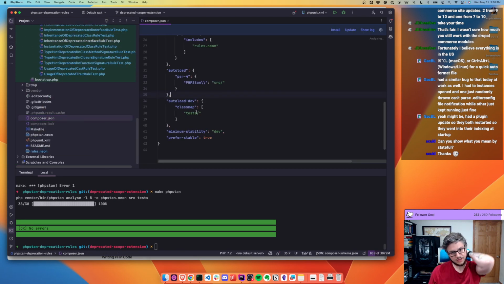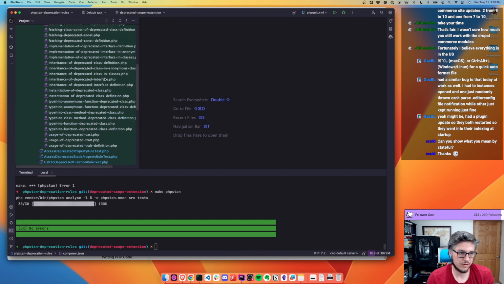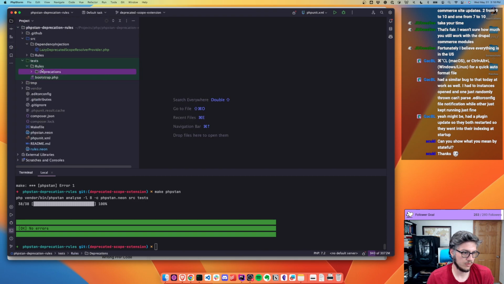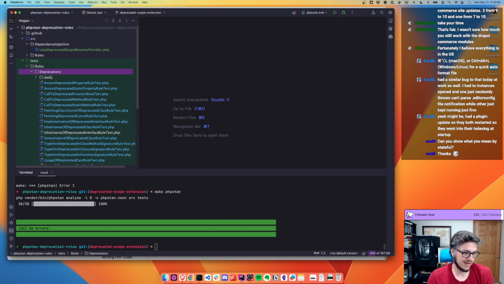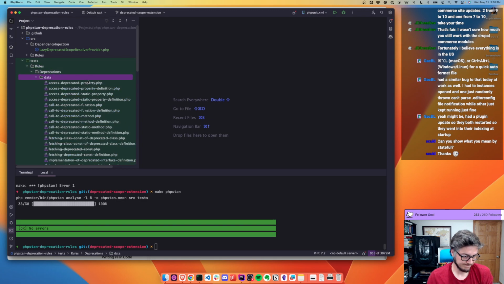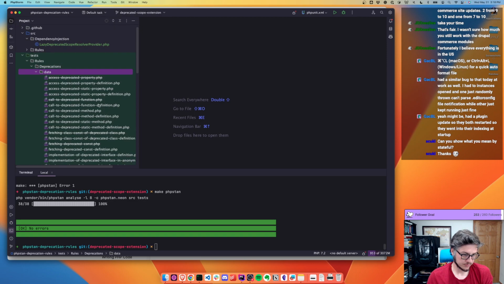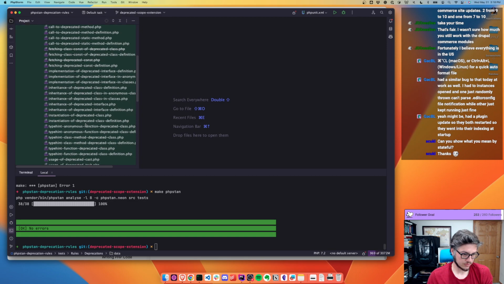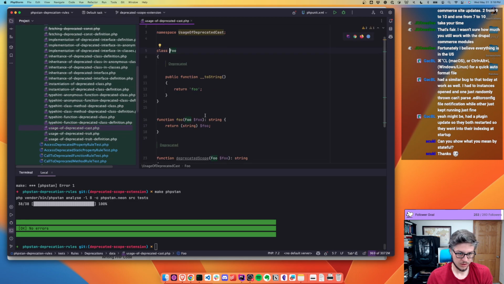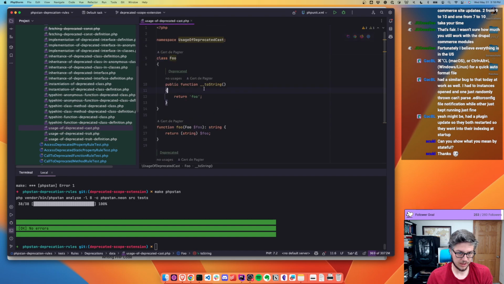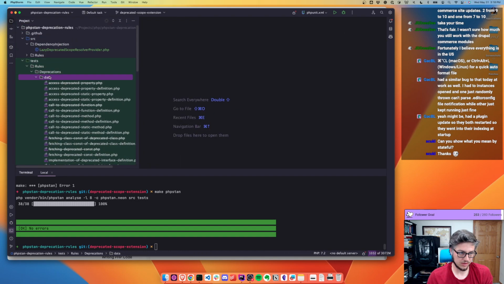So it does a class map of tests, rules, applications, data. This is a deprecated upcast. Let's do